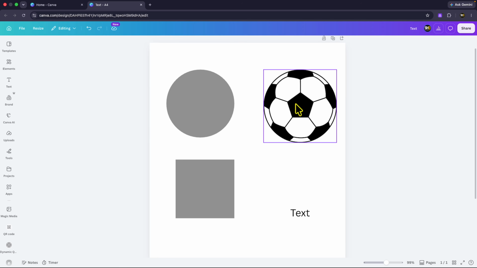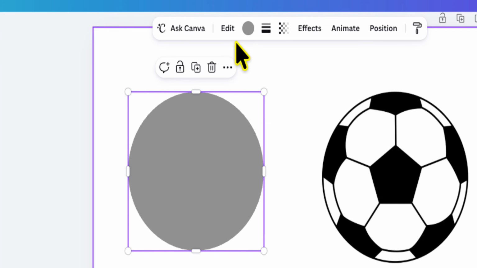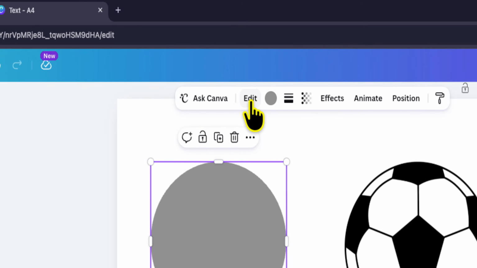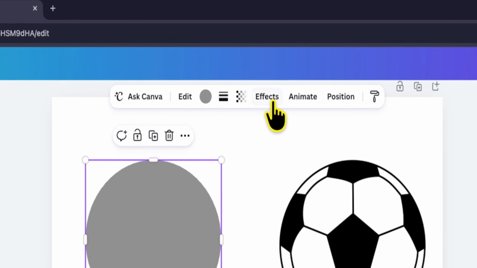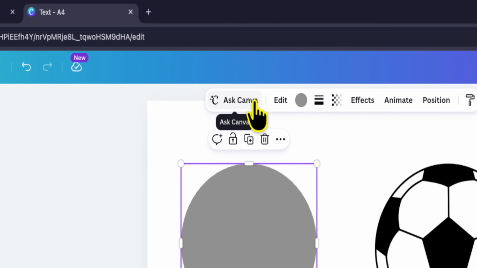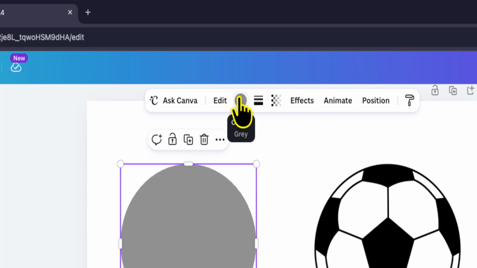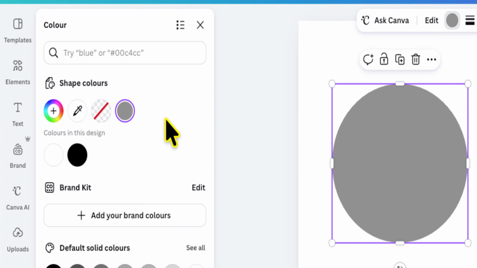to fill a color, you want to click on the specific element. So let's say that it is a shape. These two are shapes. So let's say it's a shape. When you do that, a row of top menu formatting options will appear. And what you want to do is click on the color palette, and